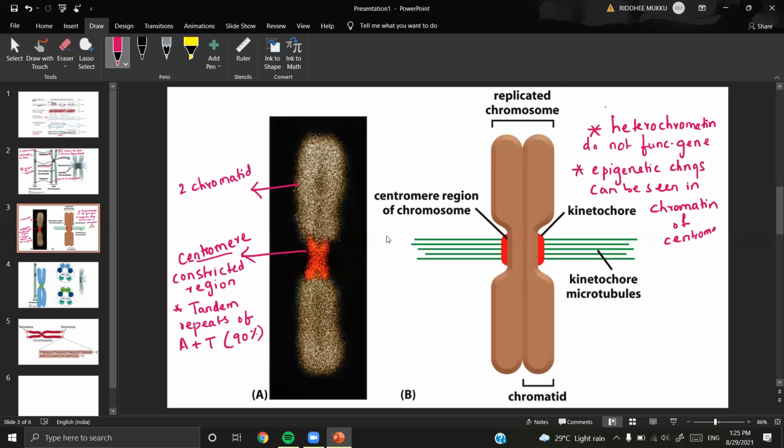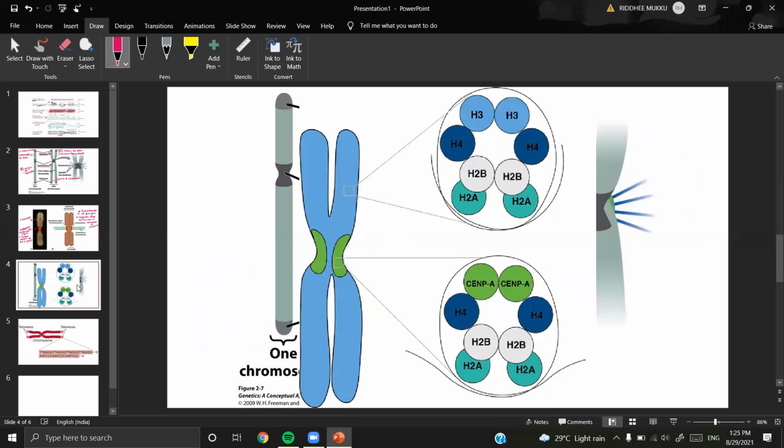Okay, so these are the ones, as I have told you in the last videos, heterochromatin is one which is undergoing the epigenetic changes. So here, as you have this heterochromatin, the centromere heterochromatin will be undergoing the epigenetic changes that we can see. Okay, and not only this, children, you can see another most important aspect of the centromere. In almost all the other chromatid areas,